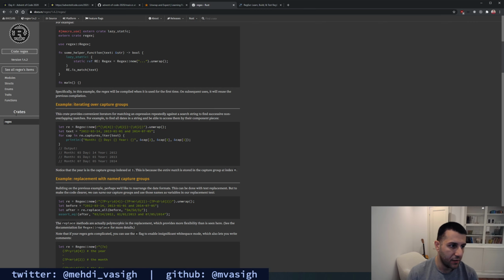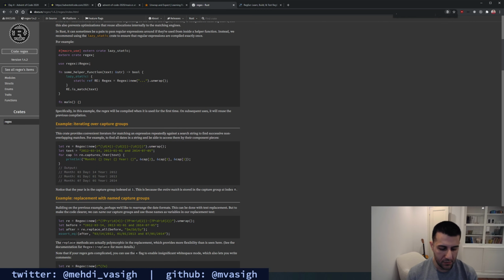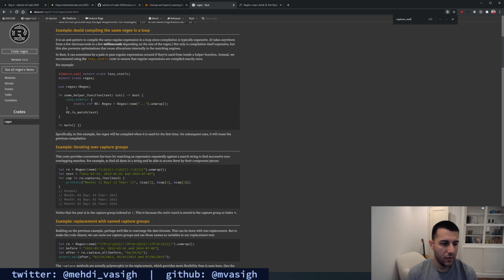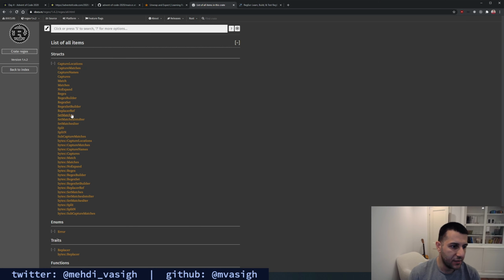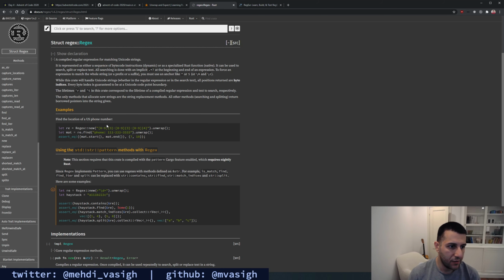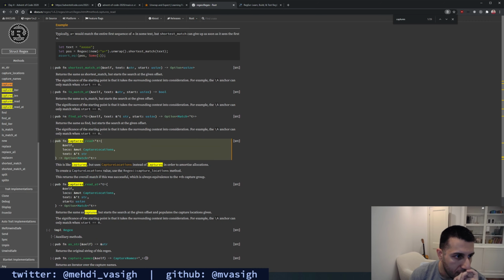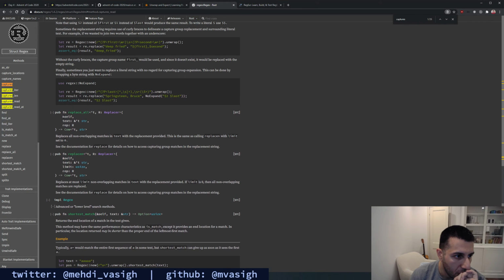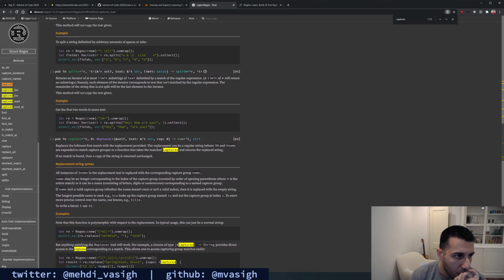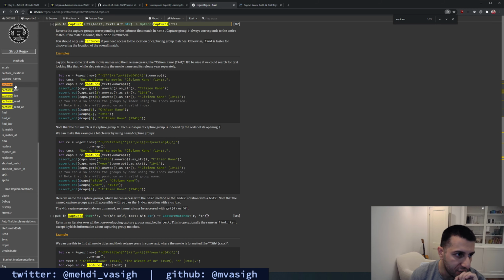Let's look at some methods here. See all regex as items. Captures read, but uses capture locations and amortized locations. Okay, I think we can just do captures and unwrap, and we have this kind of get.